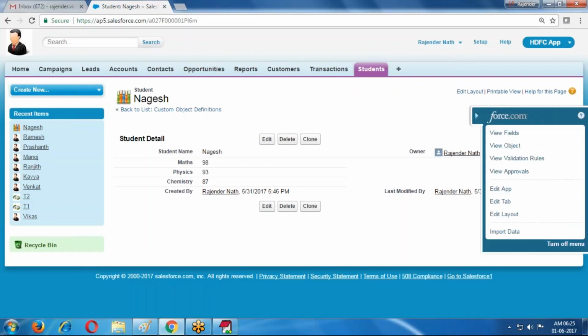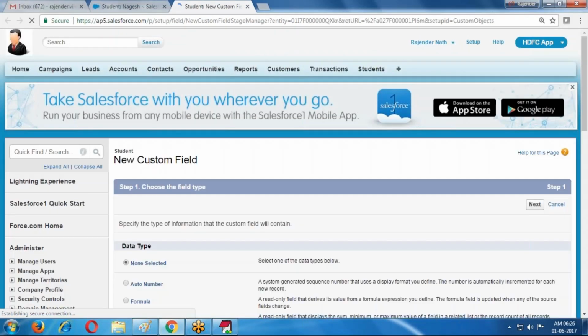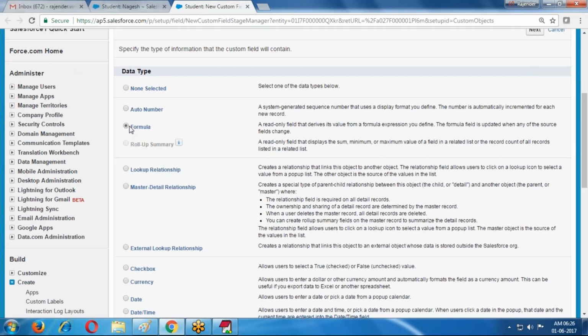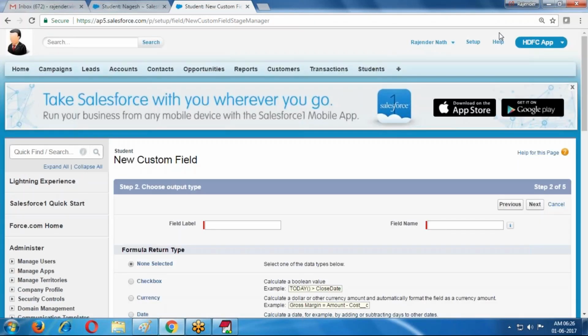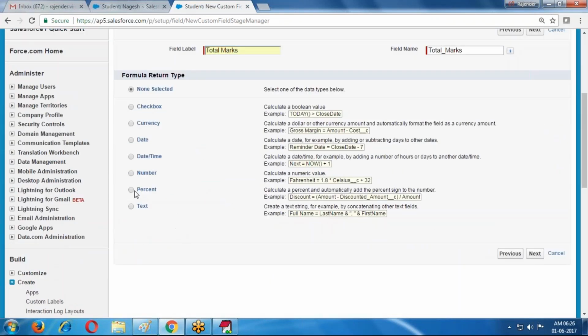If you want to create a formula field, same as normal field creation, click the New button. The data type is formula. Click on next. Here, total marks. Whenever I select total marks, I require a number type of format.